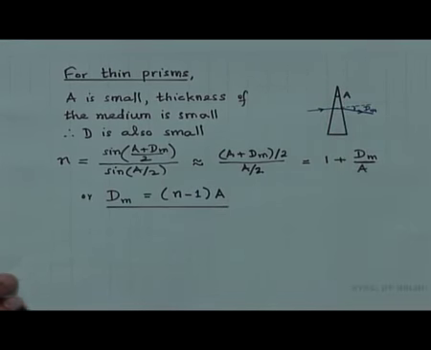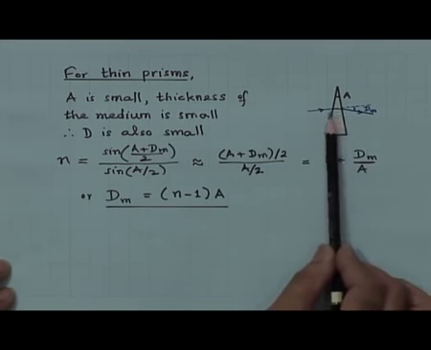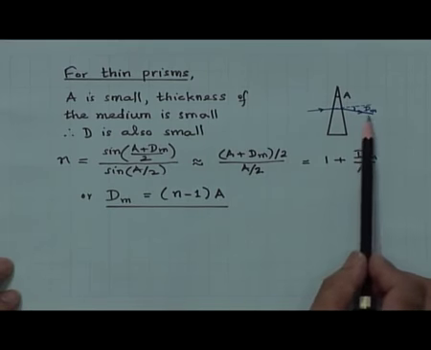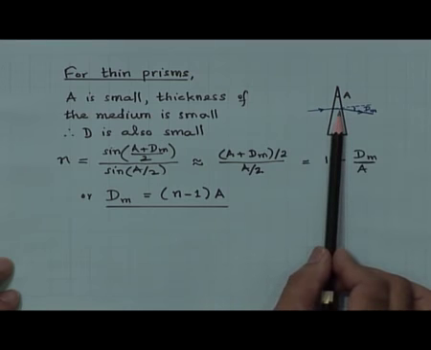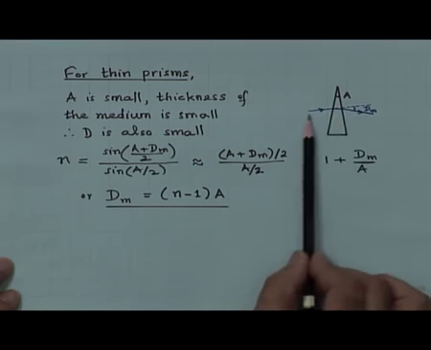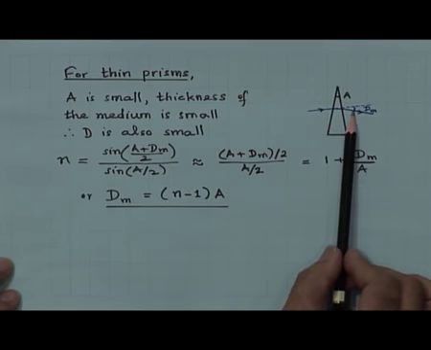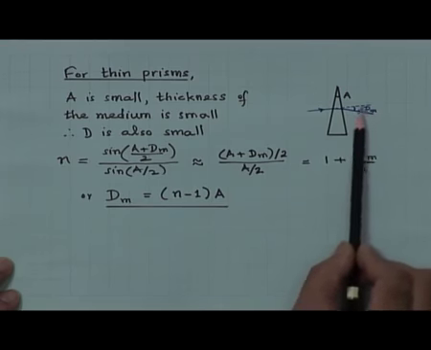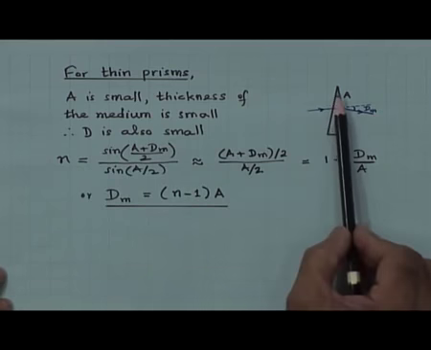I have shown here a thin prism, where A is very small, and of course the thickness of the medium is also very small, and therefore D is also very small. The angle of incidence is very small, the angle of refraction is very small, and therefore the angle of deviation is very small, because A is very small,